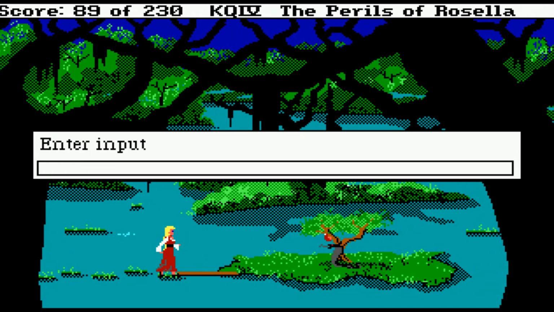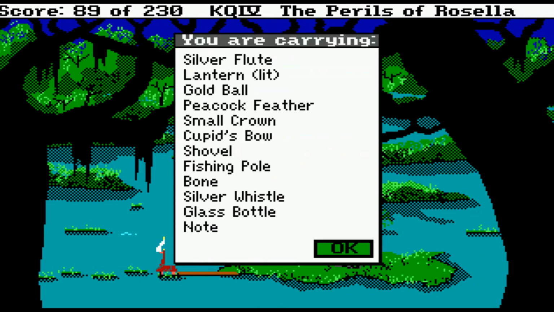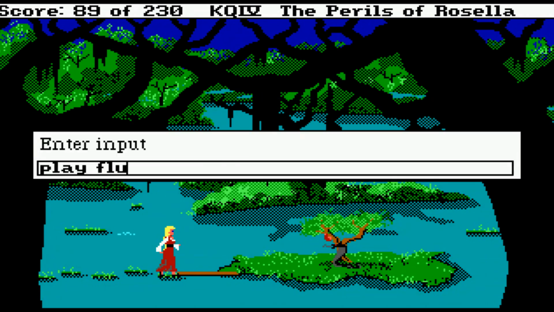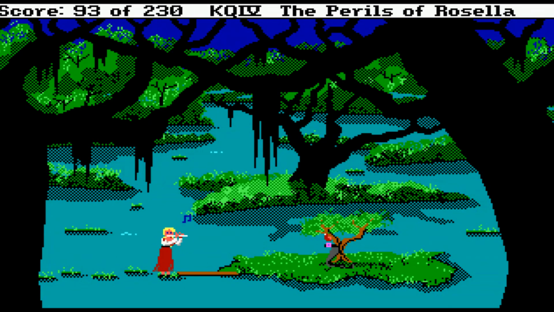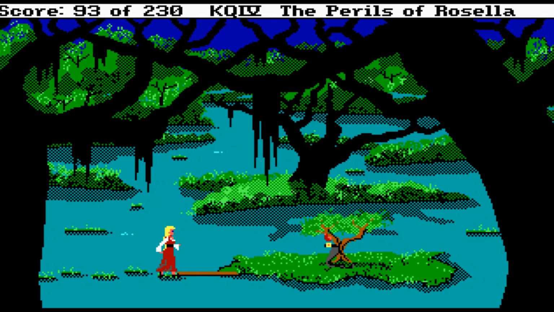But how to get past the frog? Not the frog, the cobra? Well, we got the flute, and what do people do with cobras and flutes? Well, they charm them, so play flute. This was actually quite obvious once I saw the cobra. But you still have to do it quickly because the cobra...